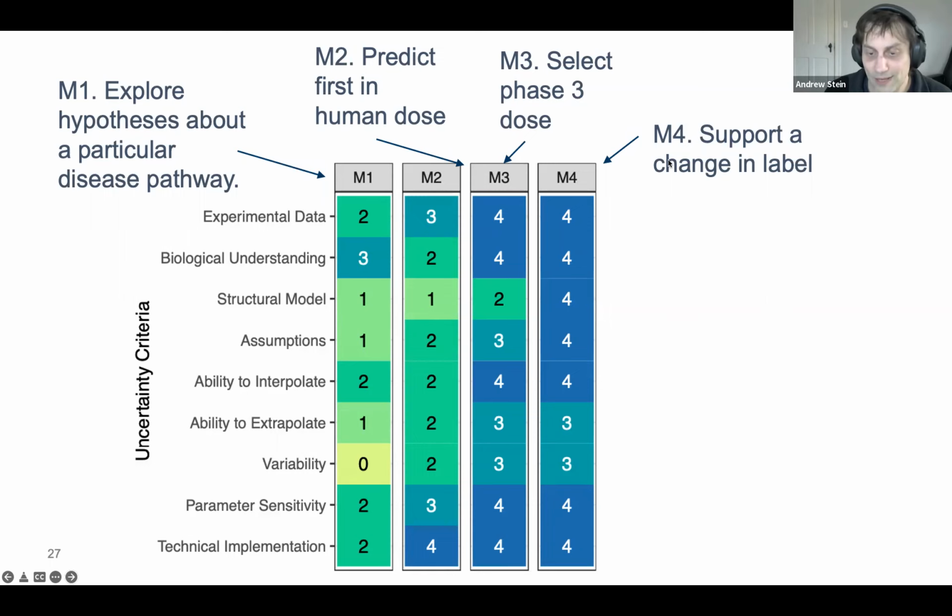But I think the long-term hope is that these mechanistic models can inform a change in label or a change in a late phase study design. In that case, you really want much stronger validation criteria. One thing I would say too is, because these scores are qualitative, they're also kind of arbitrary. And so you could imagine different people have different perspectives, and it can actually be a useful conversation tool, a way to structure conversations around a team around some of these different